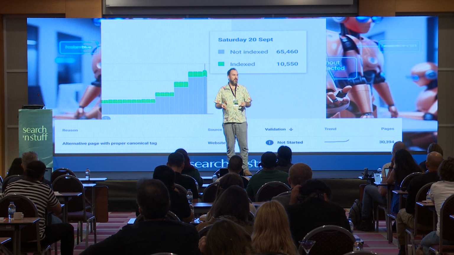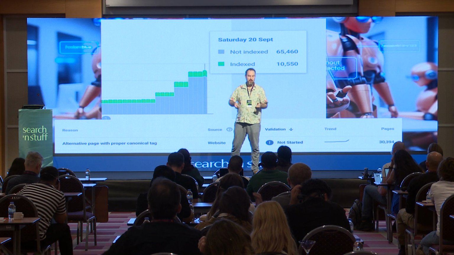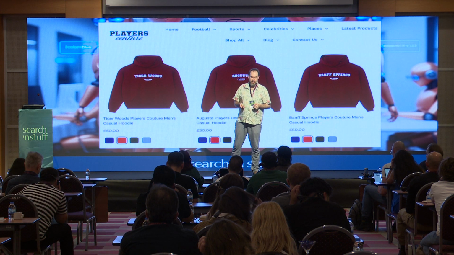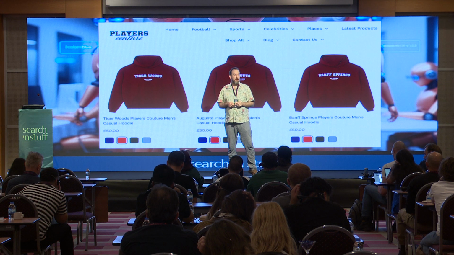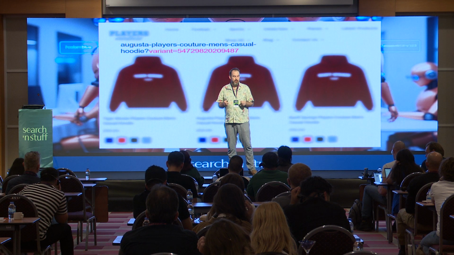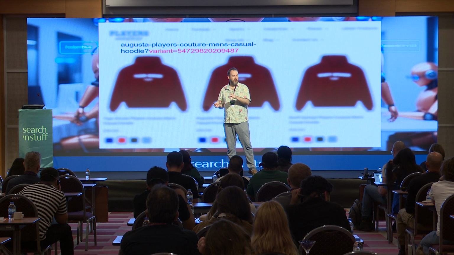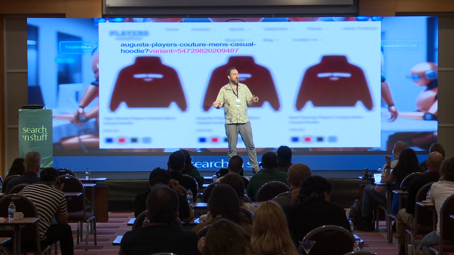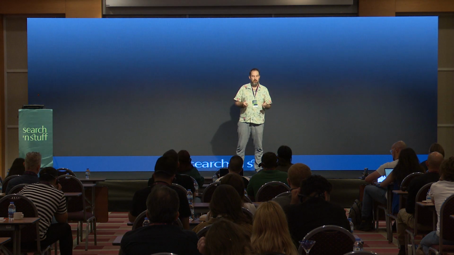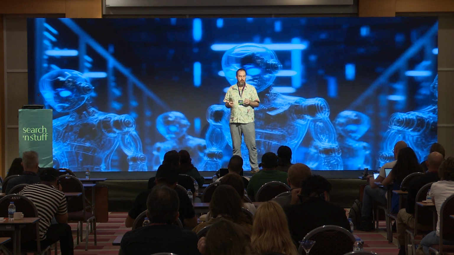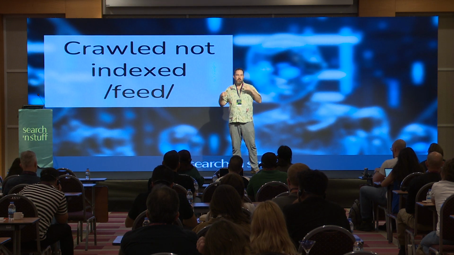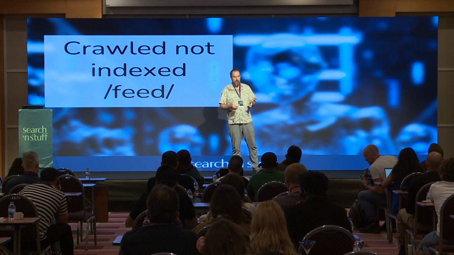And that is actually only 2 or 3 different templates. It's just scaled up. This is a friend of mine's website, and the first thing I spotted was the fact that all of the internal links have a variant code attached to them. It doesn't go to the canonical. This was a quick fix, but that's the kind of thing that I look for before I start using tools like Screaming Frog and stuff.